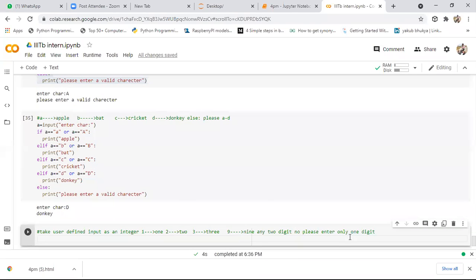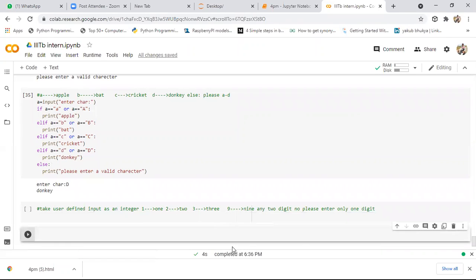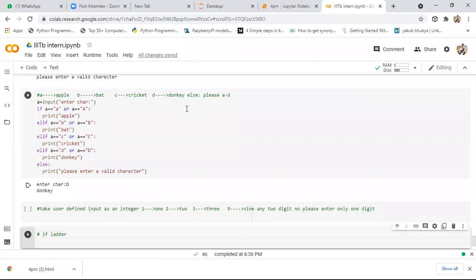Okay. So coming to the next thing, here we'll be having the if ladder. The next thing will be the if ladder, or in some books it is also called the special case if. So coming to the if ladder, it's a very easy thing, guys. In what we have done so far, if this condition is true, we are printing this one only. If this condition is satisfied, we're not checking the remaining conditions.